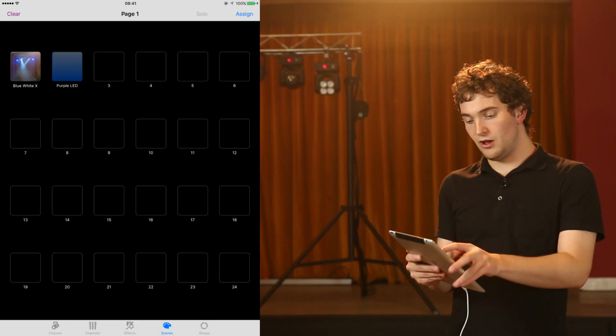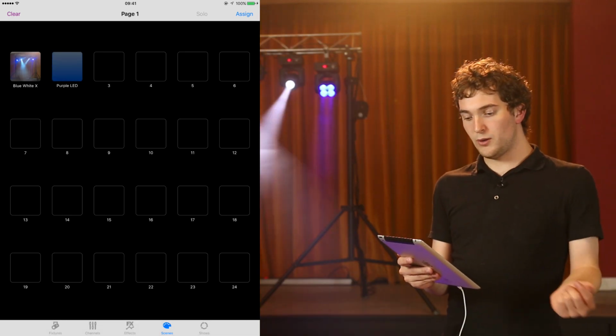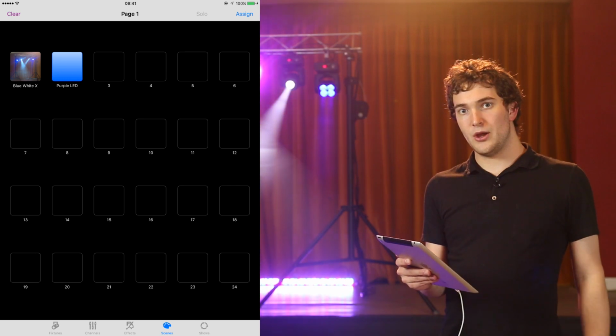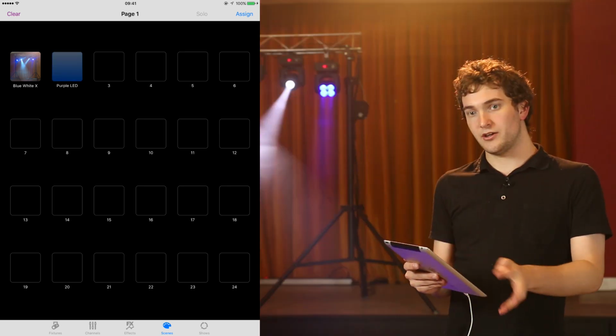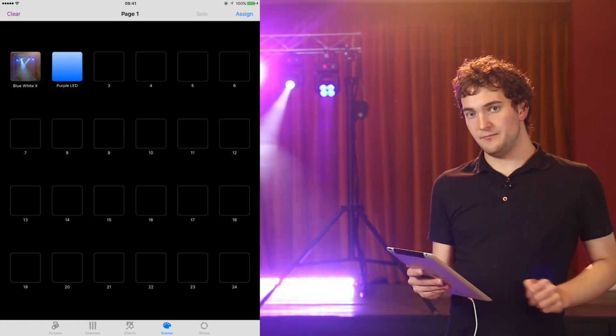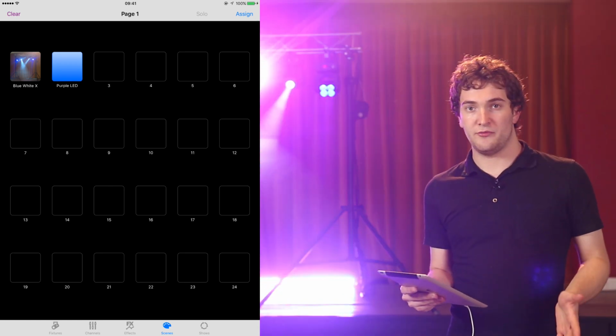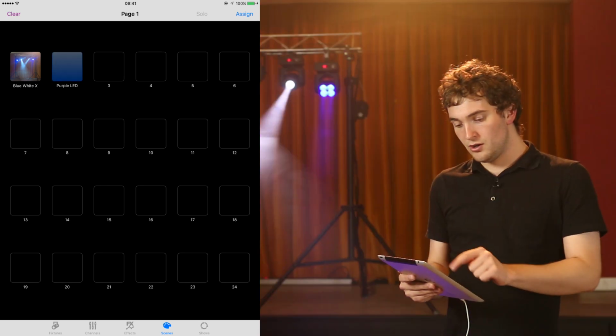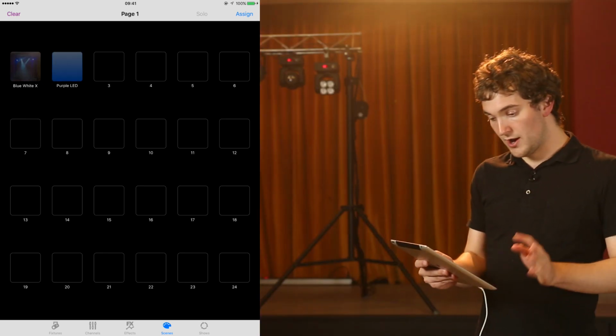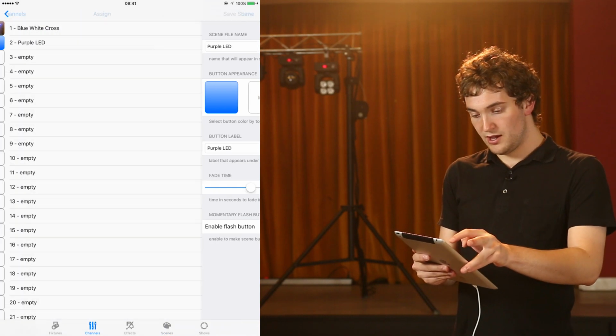So now in our scenes list, I can load up the blue-white cross, but also on top of that, load in the purple LED. Both those scenes are layered on top of each other, and I can control them independently. So the ability to layer scenes on top of each other is very clever and allows you to do some really exciting things. So for example here, I'm going to go and clear everything out and create a brand new